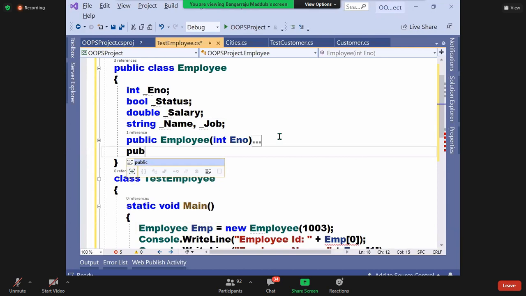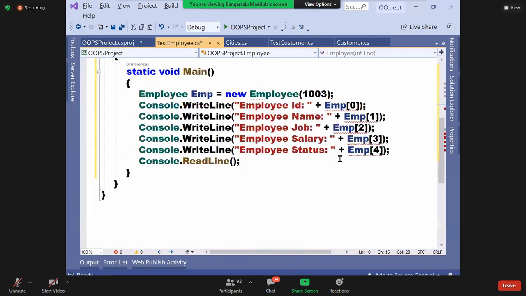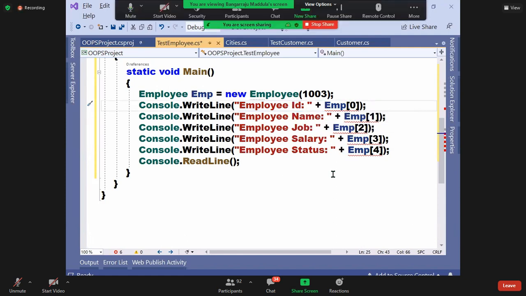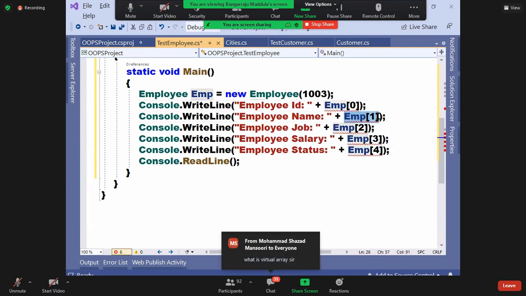Public. See here? EMP of 0 should return what? Employee ID, which data type? Int. Employee of 1, tell me the data type. String. 2, string. 3, double. 4, boolean.